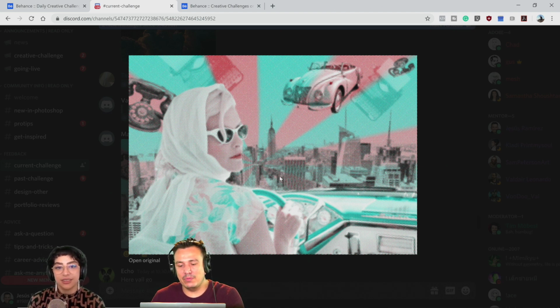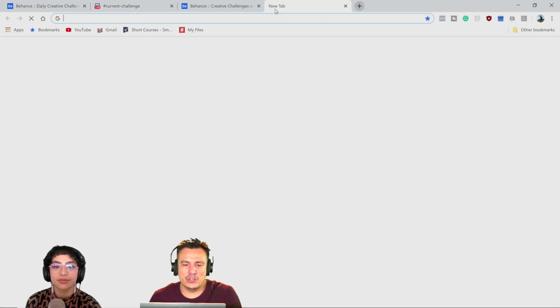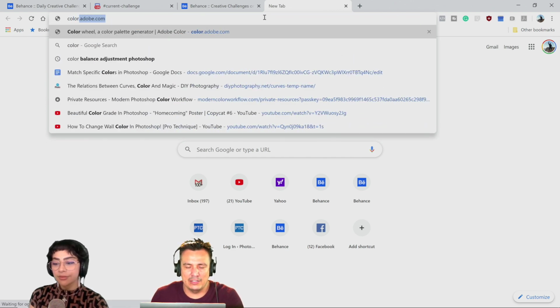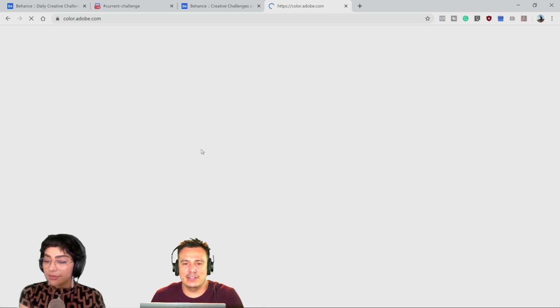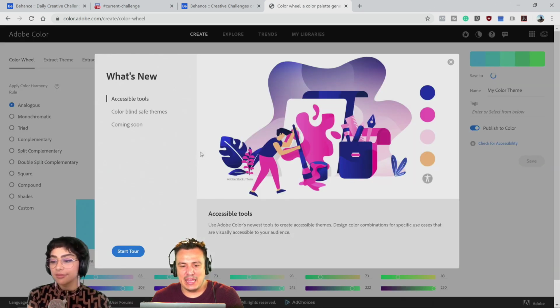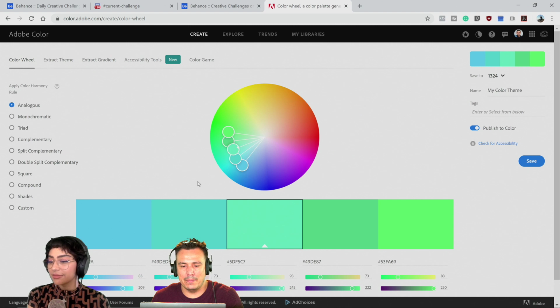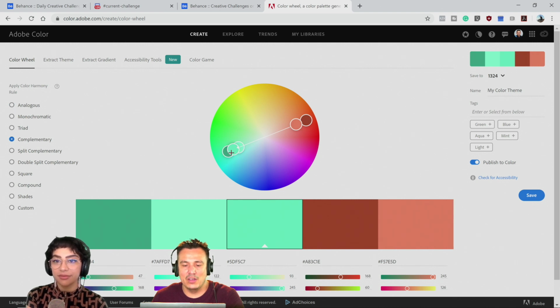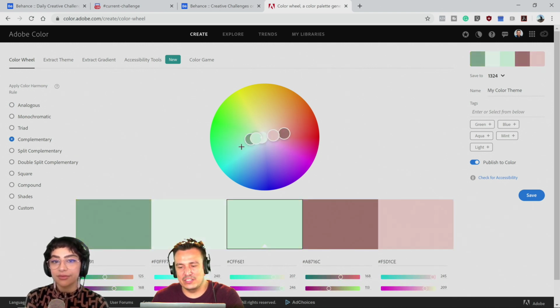I really can't add much to what you said. I agree with everything, and it's a fantastic piece. But I will give one tip: if you're having problems with color and trying to figure out what color you should use, a great resource is color.adobe.com, and that will take you onto this page that shows you the color wheel, and you have your different color harmonies here on the side, so you can select, for example, complementary, and you can see what two colors work well with each other.